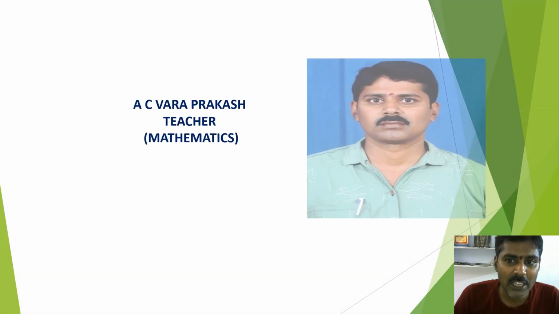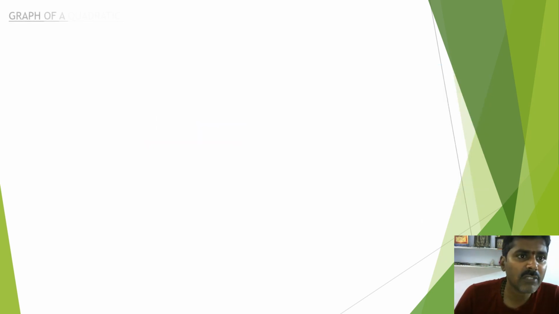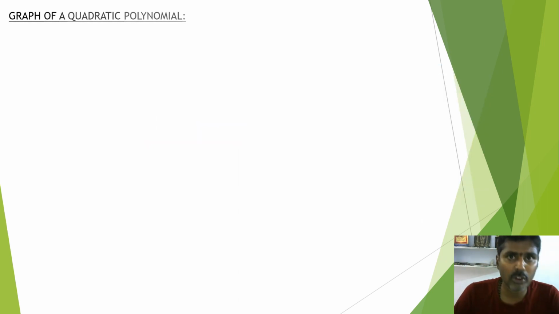Today I want to explain an interesting topic about the concept of graphs, which we generally miss. We'll start with a graph of a quadratic polynomial. We know about the quadratic polynomial. It has two zeros and the graph of this quadratic polynomial will have three cases.